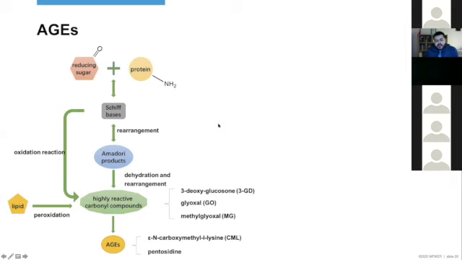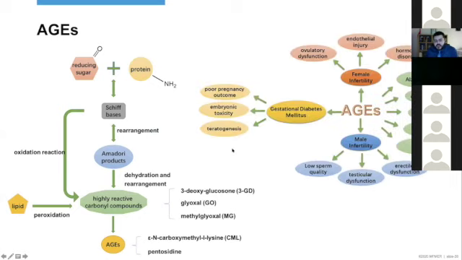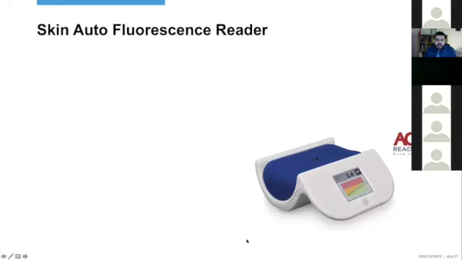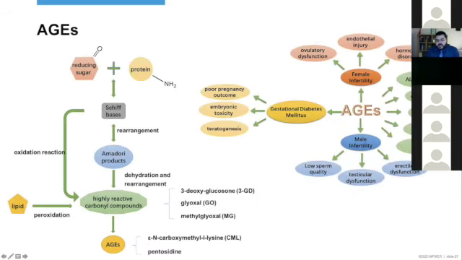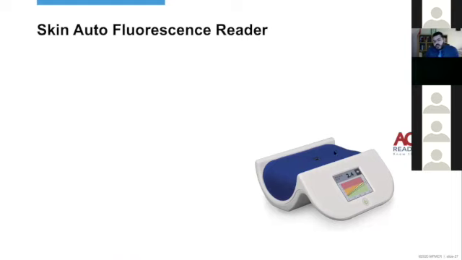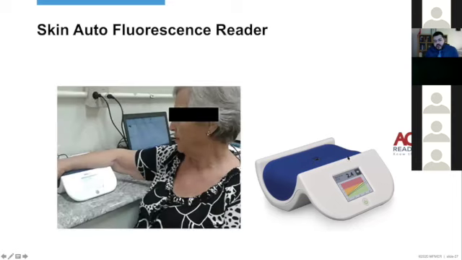And it seems that collagen type 1, which is present in both the bone and the skin, can be significantly impacted by these and produce AGEs. The most famous of them is pentosidine and CML. The reason I'm mentioning the skin is because the way we measure AGEs is not by directly measuring those compounds, because they are very unstable and hard to measure outside of research assays. But we can use this machine which looks at the fluorescence of the skin. Having the patient put their forearm, it will tell us what is the level of AGEs compared to normative data.